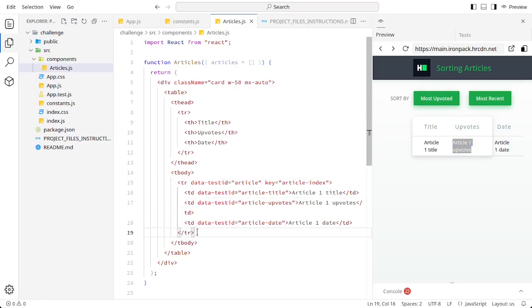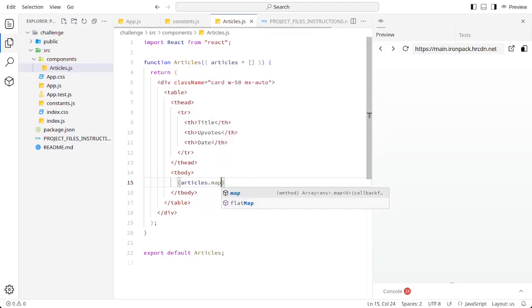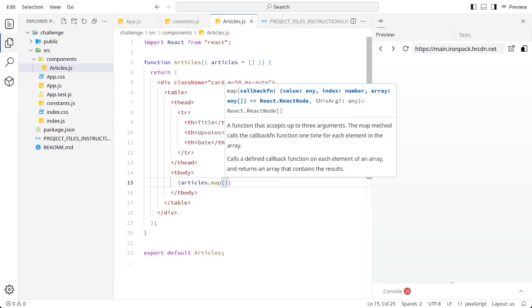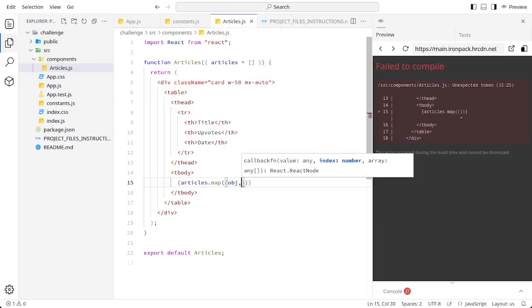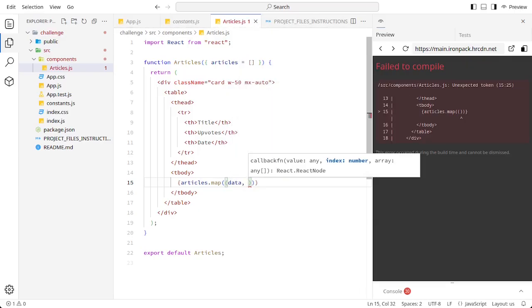So for the table row right here, we need to cut and paste it, and then we are iterating the articles.map, from the article without the plural from the App.js, and then mapping the object or the data. You can pass in data to minimize the confusion,